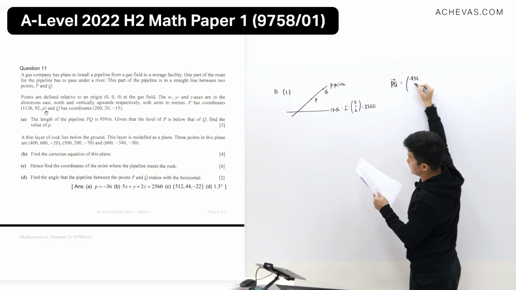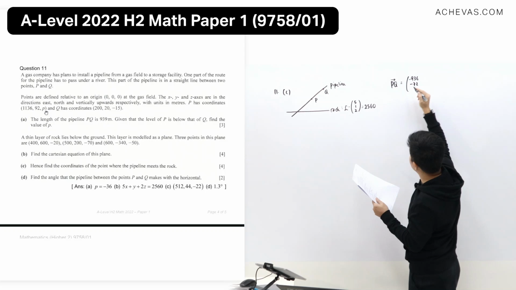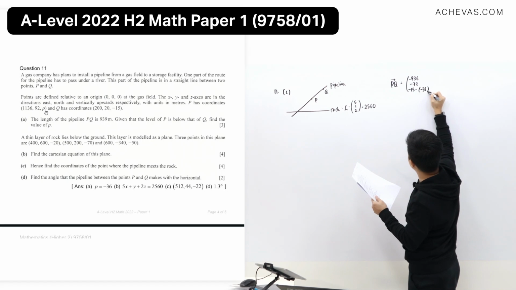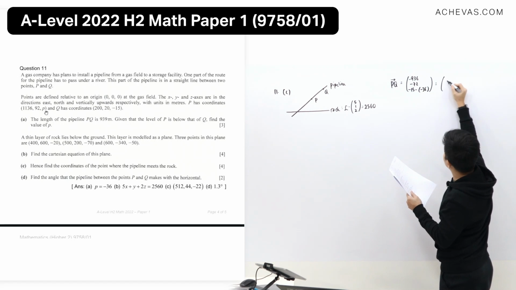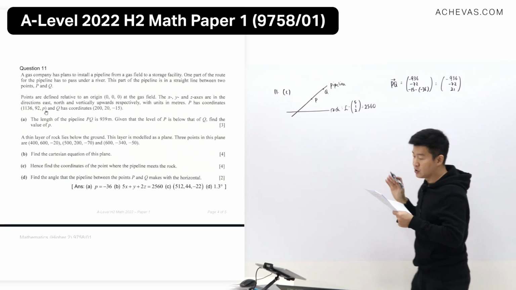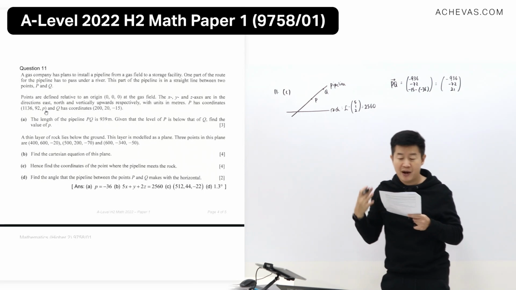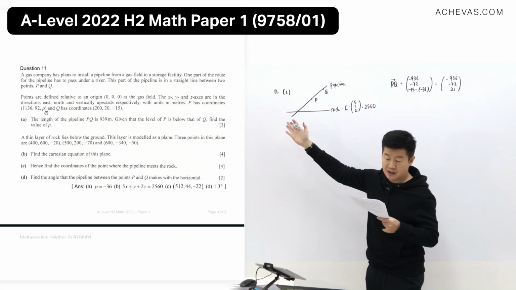(-936, -72, 21), using the result that we have in part A. Negative 15 minus P is negative 36, so I'm going to be replacing it by negative 36. This is equal to (-936, -72, 21). So this is going to be the vector that is parallel to the pipeline that passes through P and Q,